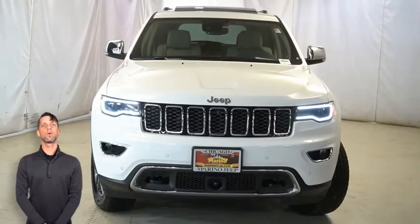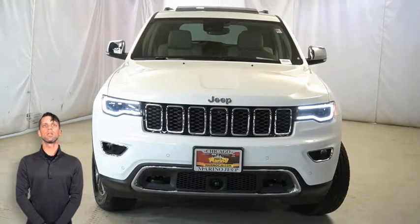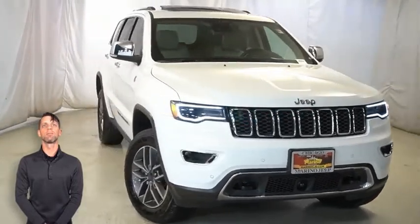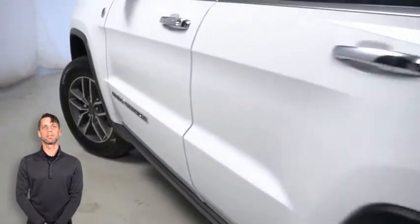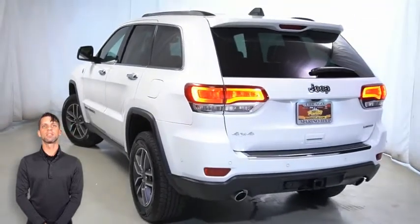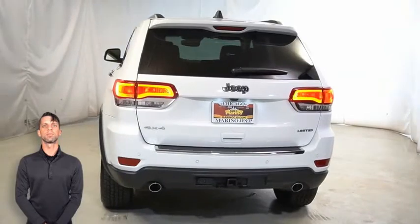Looking for a highly equipped SUV with all the right options and reliability? We'll take a look at the certified pre-owned 2020 Jeep Grand Cherokee Limited in bright white. With bi-XENON HID headlamps, front LED fog lamps, 18-inch aluminum wheels, QUADRA-LIFT air suspension, tow hooks, dual bright exhaust tips,